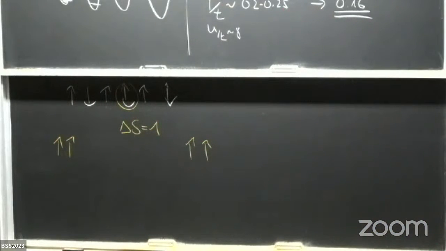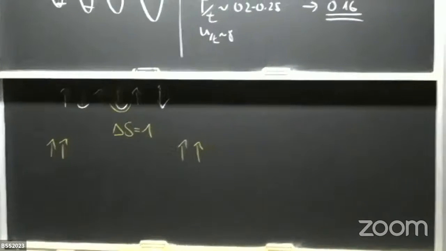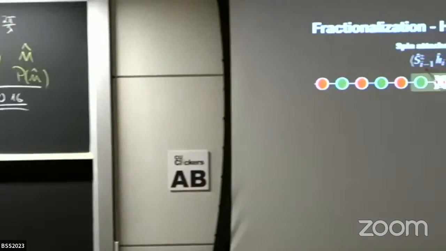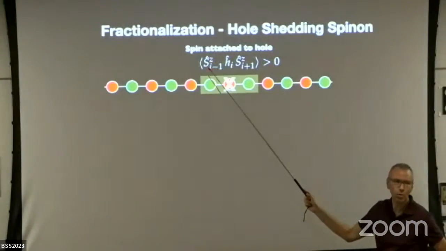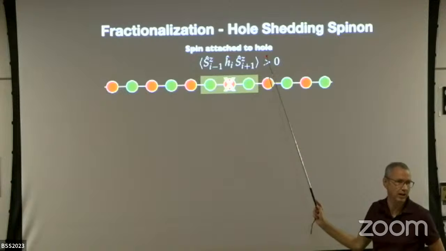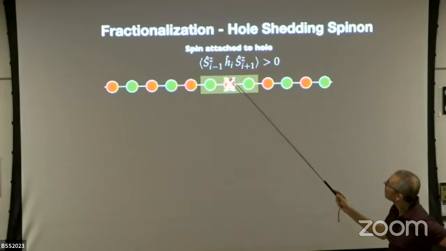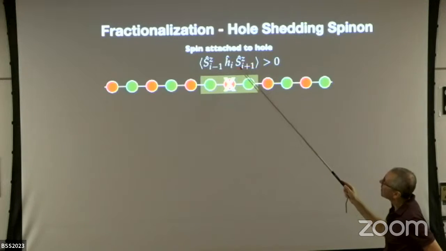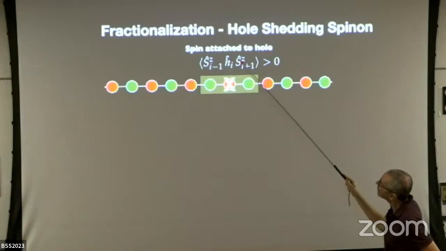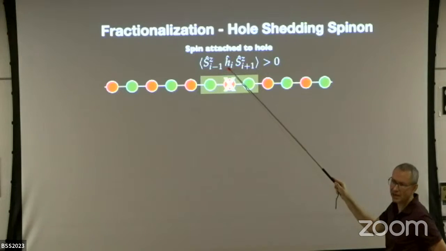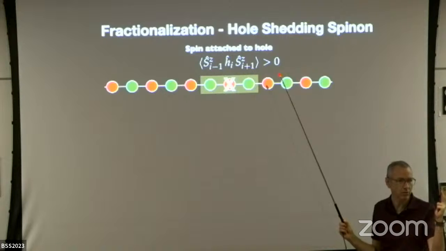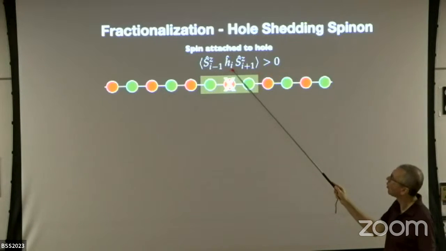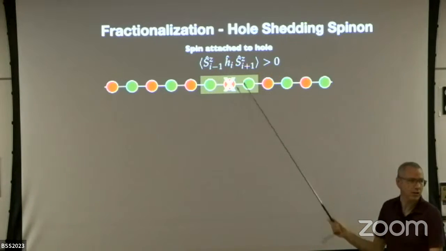Okay. Now, that's just measuring 2 spin velocities. I want to show you one very nice way of measuring spin charge fractionalization. It is not looking at 2-point correlators, but looking at 3-point correlators. The correlator I'm showing you here is a spin-hole spin correlator. So it measures how the spins to the left and to the right around a hole are aligned. We need a 3-point correlator. We need to know where the hole is, and we want to know how the spins are correlated